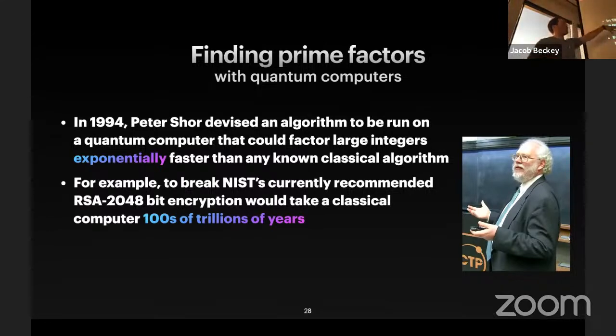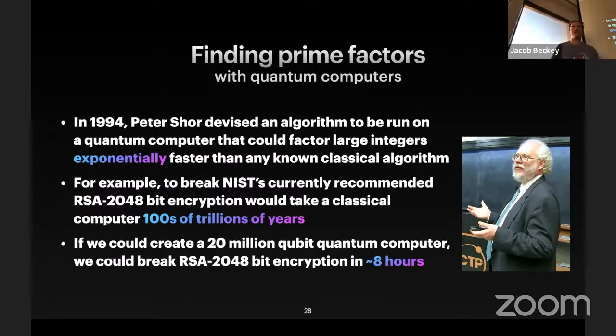But the reason governments got worried when Peter Shor published this paper is, if you could construct, and these are estimates, a 20 million qubit quantum computer, we're really far off. Remember, Google's state-of-the-art quantum computer is about 50 qubits. But if you could create a perfectly operating 20 million qubit quantum computer, you could break RSA 2048 in about 8 hours. So going from longer than the age of the universe to our scale is what scares governments, and is why there's a lot of funding going into both quantum computing and better cryptography to try and guard against